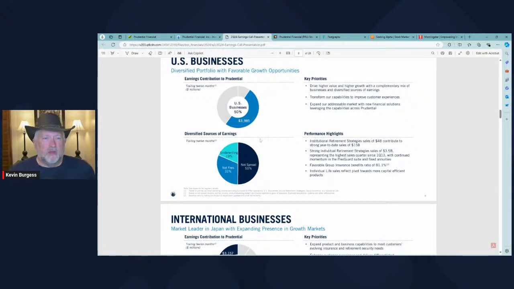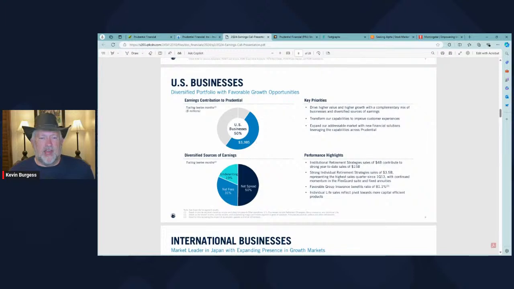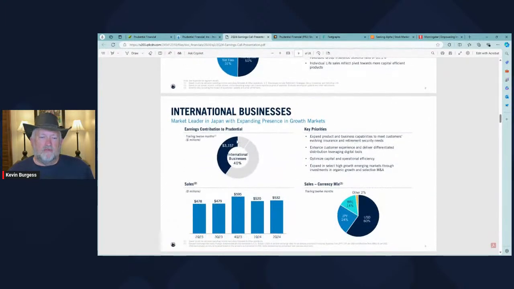So U.S. businesses, half their income, and half of it is net spread. The rest is easily understandable. The underwriting fees that they have is 19%, and net fees just for carrying the programs is 31%. I get those. The net spread's a little bit hard to understand. And then 40% of the business is international. Most of that is Japan. So